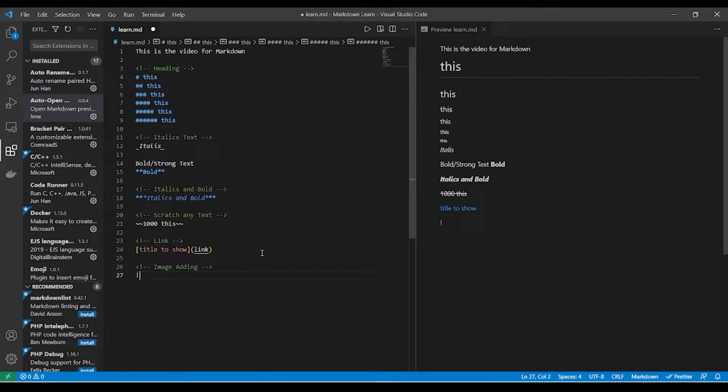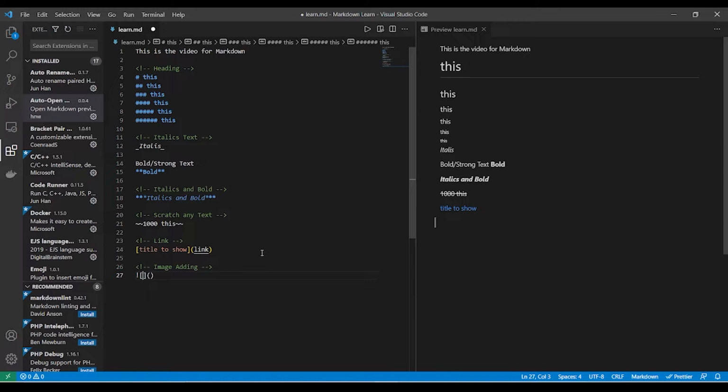Basically the code for adding the image is to use the exclamation mark, and then we use the front and back square brackets, and then we use the parentheses. So basically this is the syntax for adding an image. These square brackets will include whatever alternative text you want to show if the image is not shown.